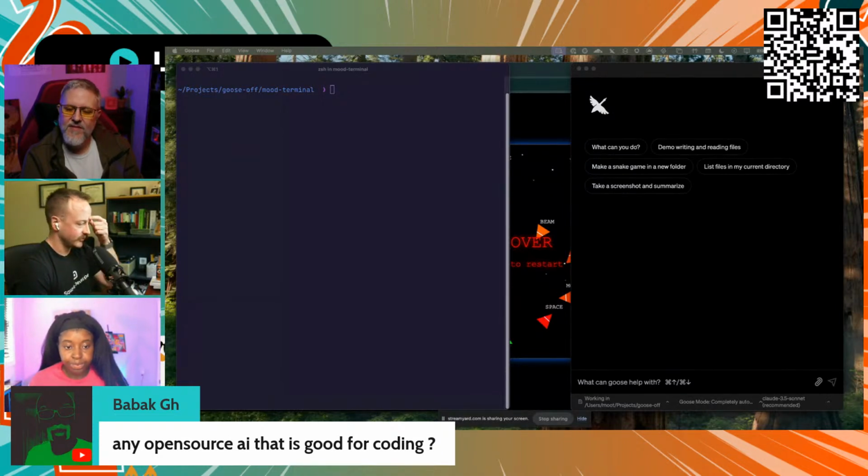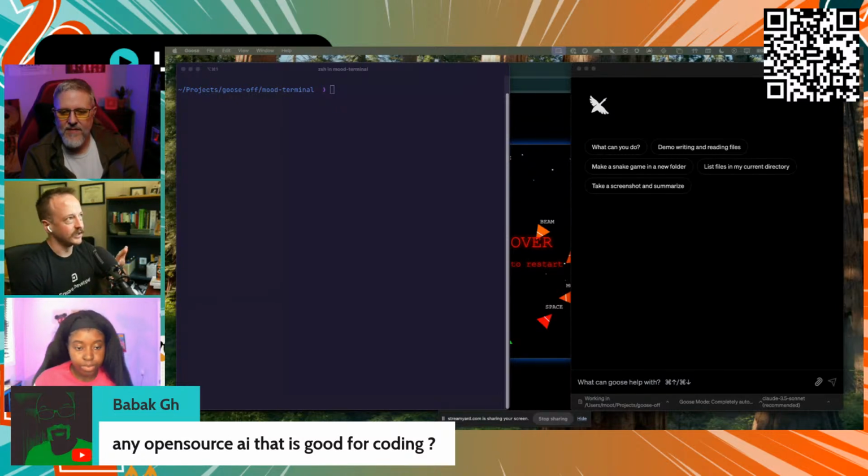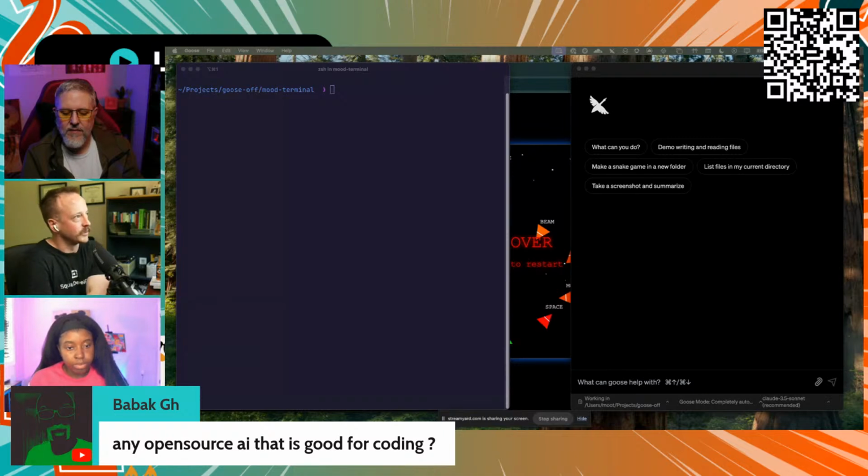I think I saw a message from you, Rizal, somewhere, basically highlighting that the problem with a lot of the open source models is you run into the context window really quickly. And so it gets really hard to do something effectively, or it's just really slow unless you have a super powerful machine.